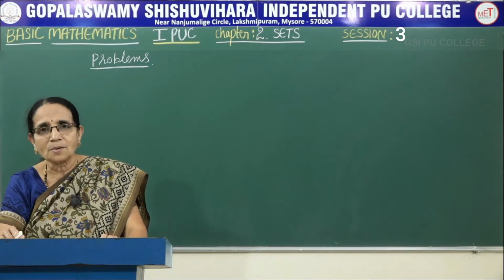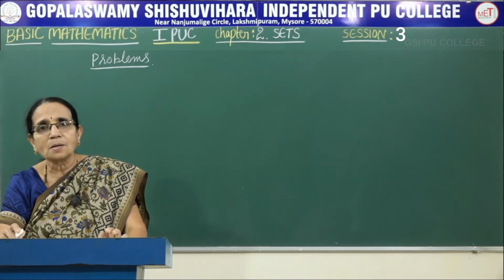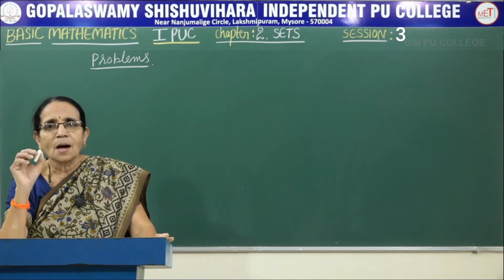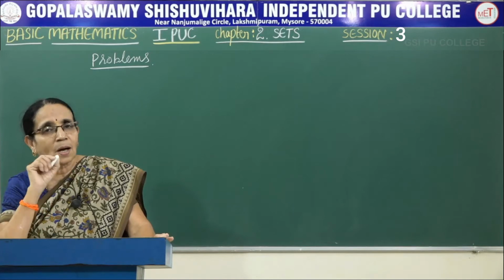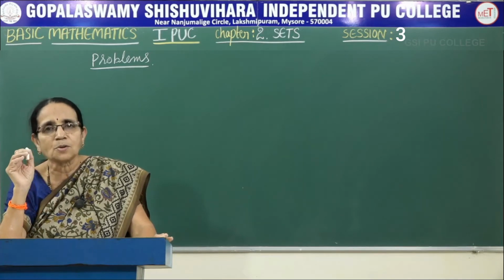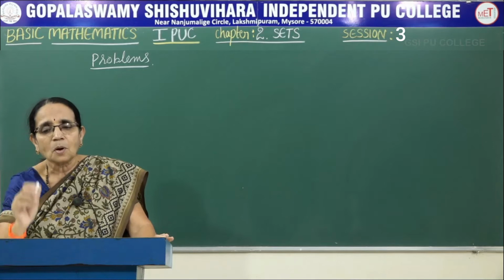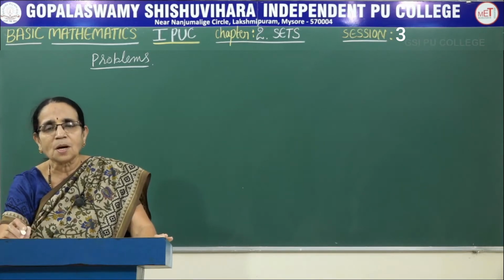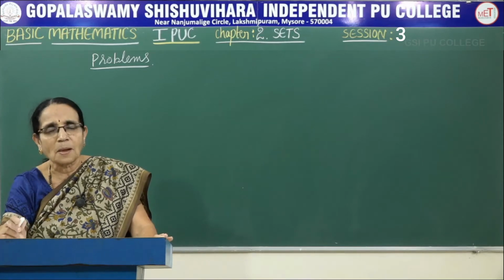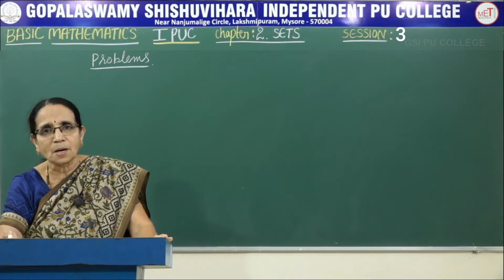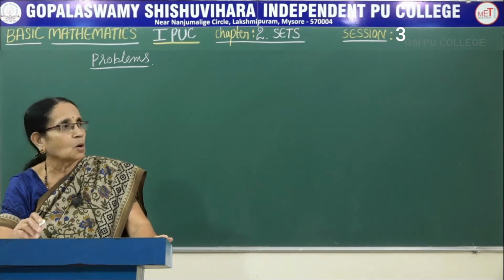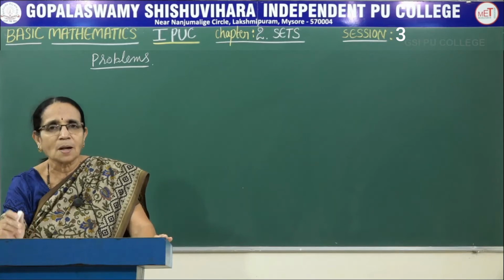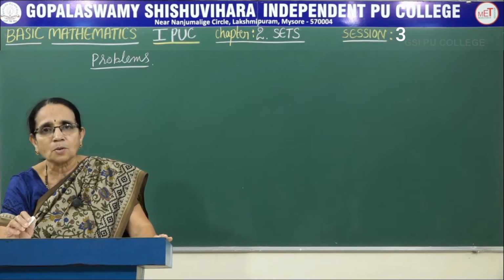One method is called the roster form or the tabular form. So we call it the roster method also. In that one, the actual elements will be written. The elements of a set are always enclosed in a pair of flower brackets. So the actual elements would be directly written. That is known as the roster form or the tabular form. The other one, which is called the rule method or set builder form, in that one we will be giving the rule or the property that has to be satisfied by all the elements belonging to the set.